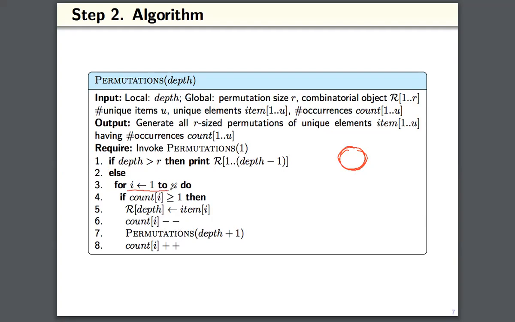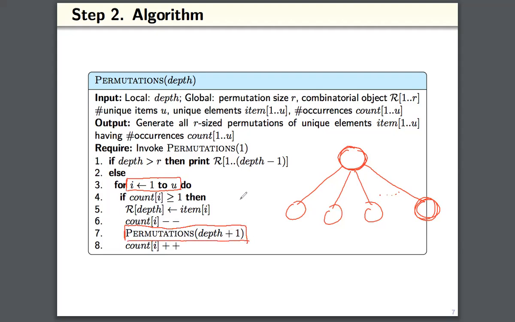There are u number of child nodes, because in every child node you will be calling permutations of depth plus 1. So there are u